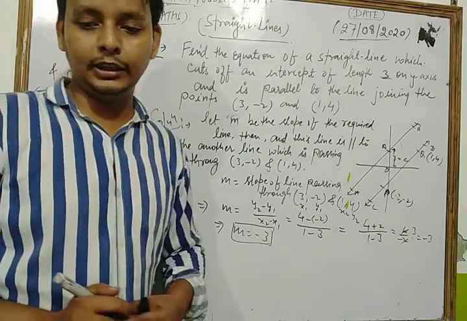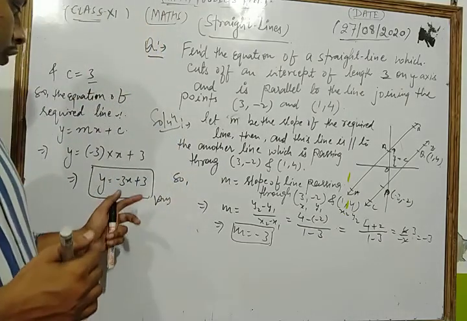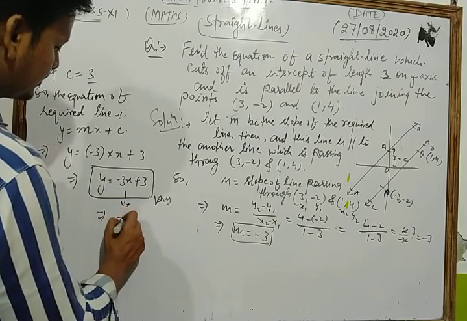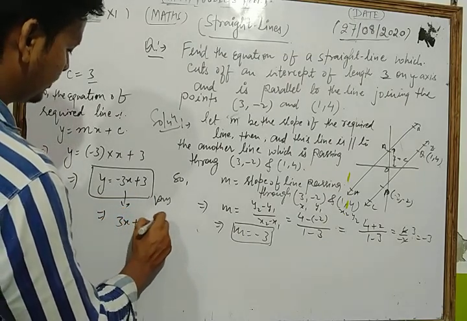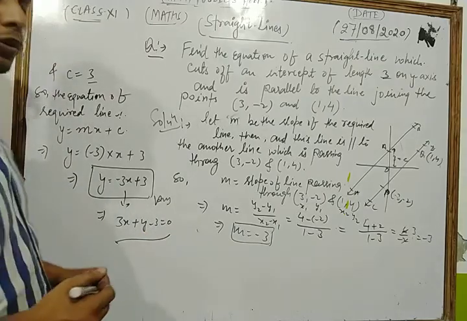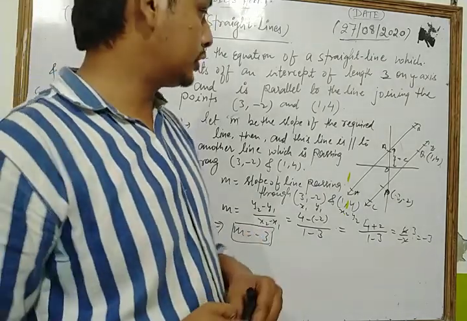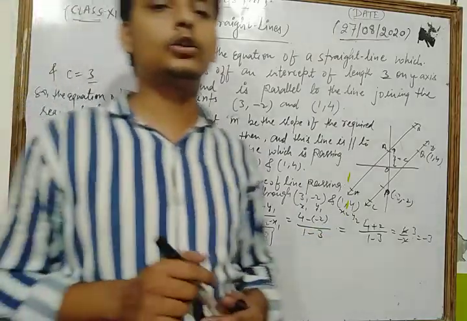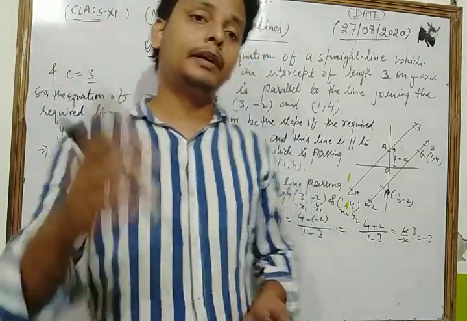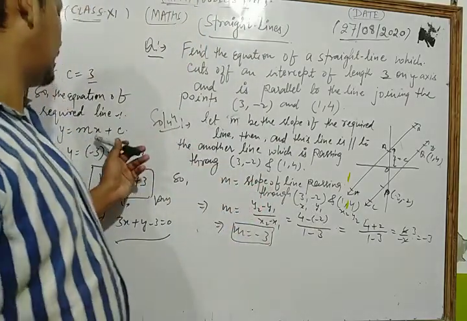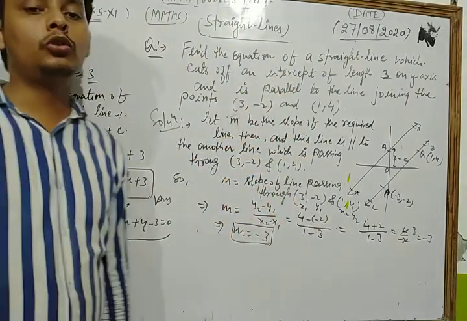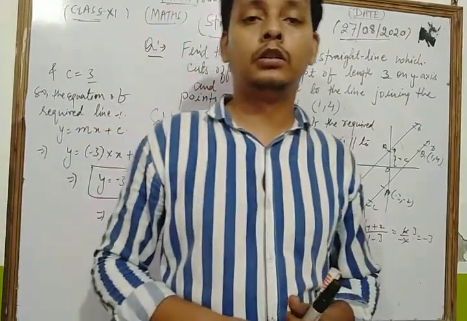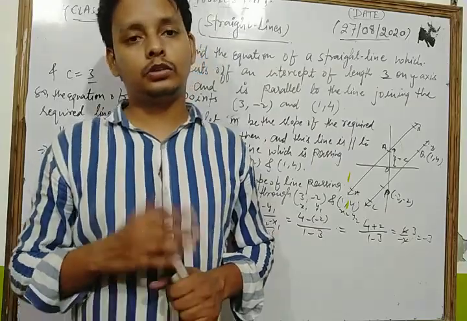In this way we can solve this equation. We can also write it as 3x plus y minus 3 is equal to 0. So this is the equation of a straight line. Dear students, in this way we can solve that type of question. You can solve all the questions of your NCERT exercise based on the equation of the line y is equal to mx plus c. Now we discuss the next form of the equation and some questions based on it.